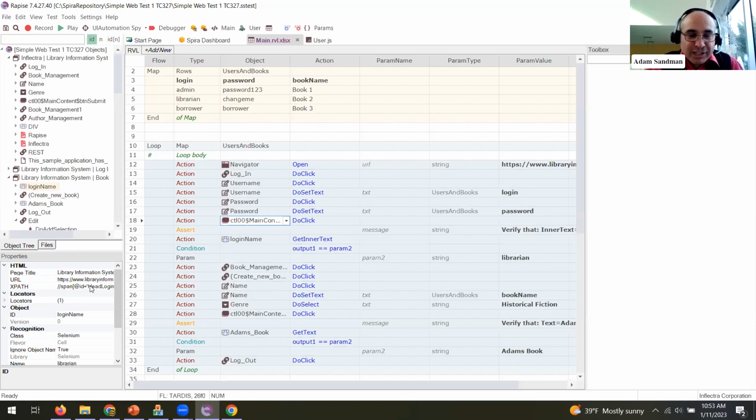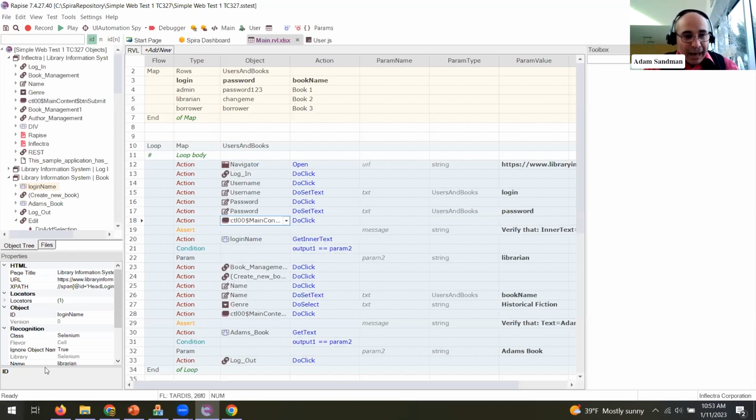So one of the things about test automation in general is if I have to record it, and every time I change something, I have to relearn it, it will work, but it's not the most efficient way. So the one thing you would want to do, and this is the difference between, I think, the basic automation where I'm just recording and playing, which is great, especially if the application doesn't change much, that might be all you need. But where you're looking at applications that are evolving a lot more, to save time, it may be worth doing a bit more analysis, because what you can do in Rapise, which is really neat, is